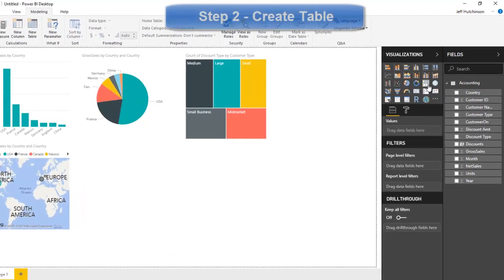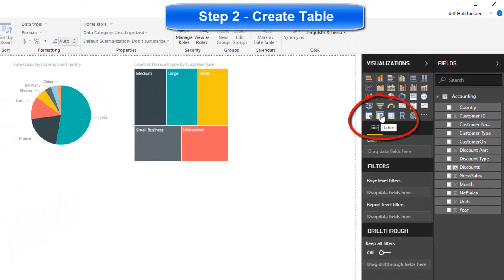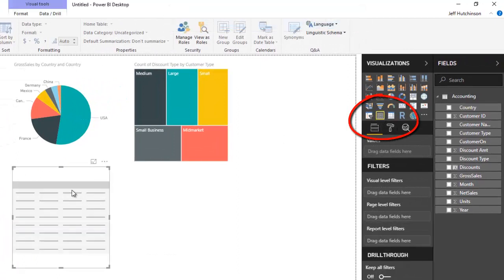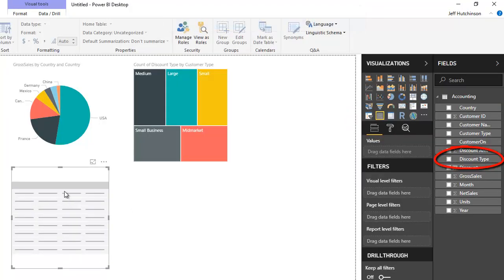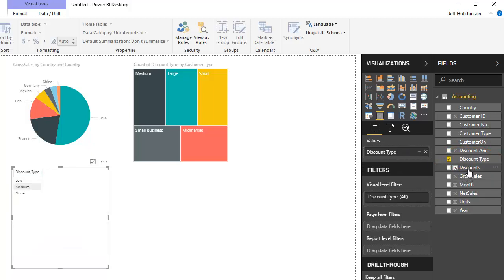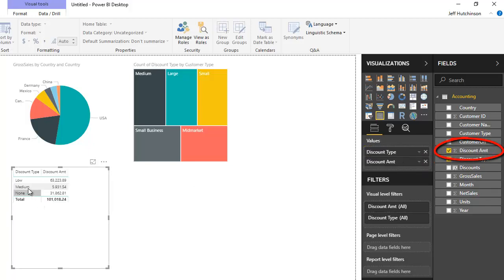And then we can choose the little table icon, which is right there. And then we're going to drag the fields into there. In this case, we can drag the discount type either into the bucket or into the chart itself. So I'll choose the discount type, and I'll put that into the values area up here. And then I can drop the discount amount right into the values underneath of that field, which creates my basic